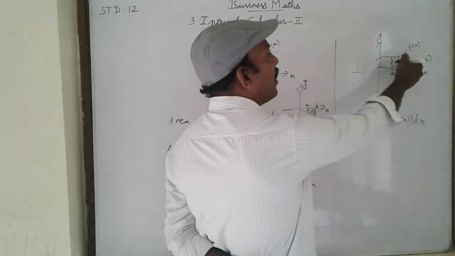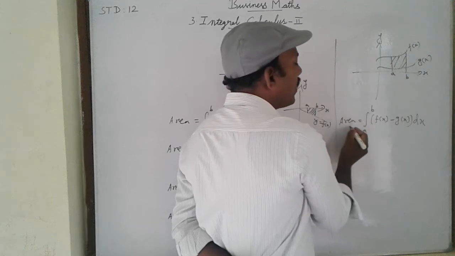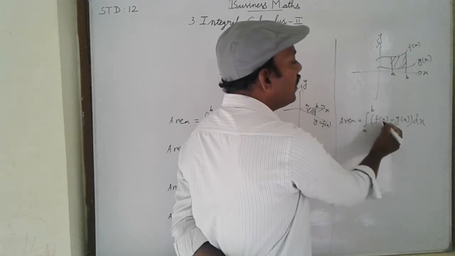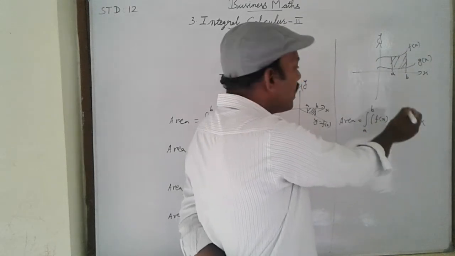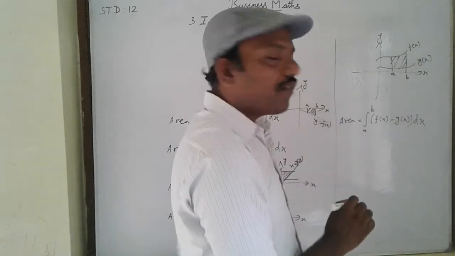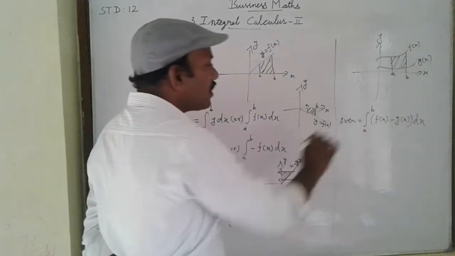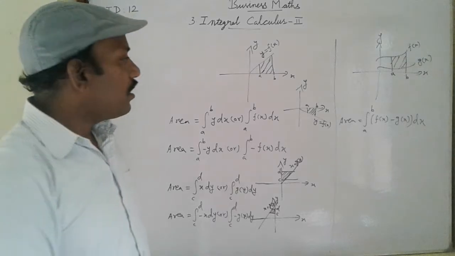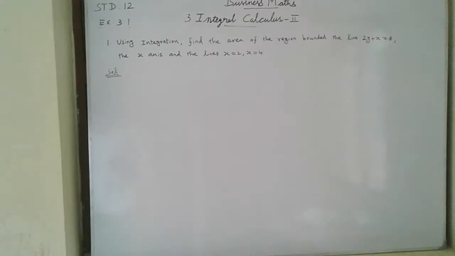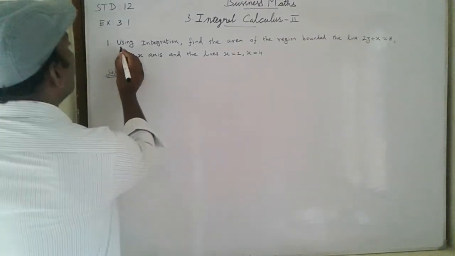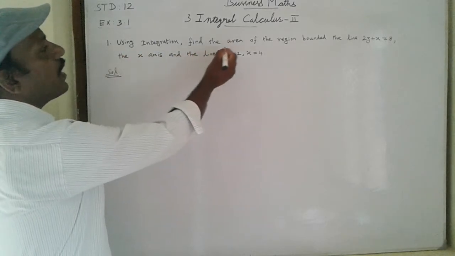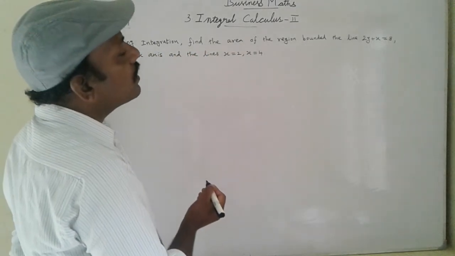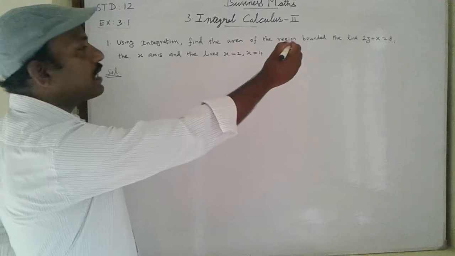Between the area we should find out, this is the formula: area equals integral from a to b of f of x minus g of x dx. So these are five very important formulas. That's all. First sum: using integration, find the area of the region bounded by the line 2y plus x equal to